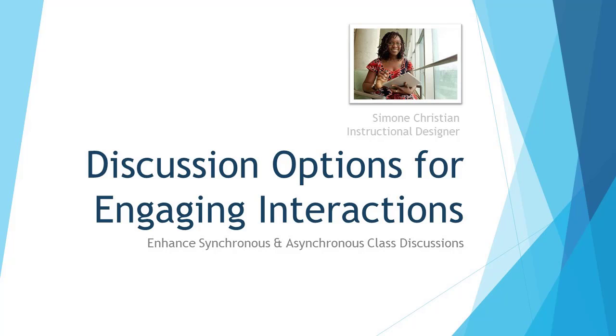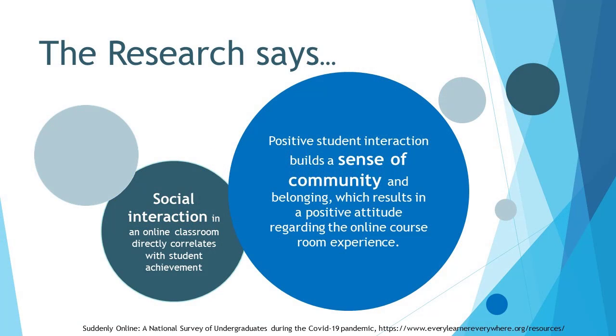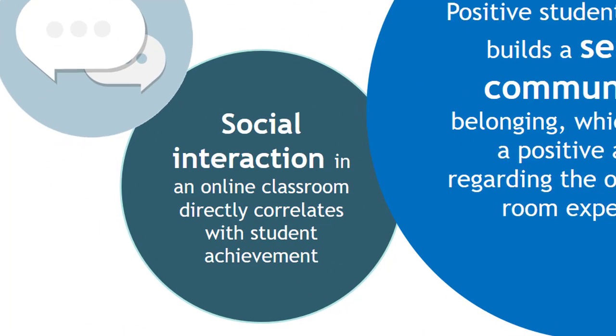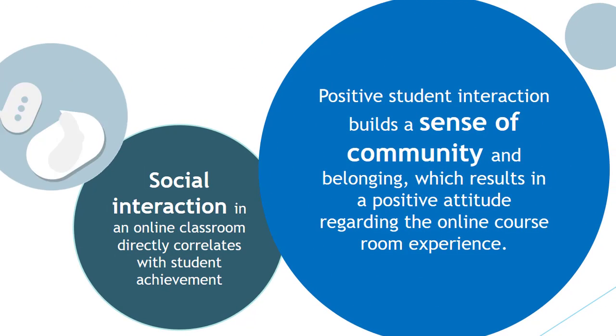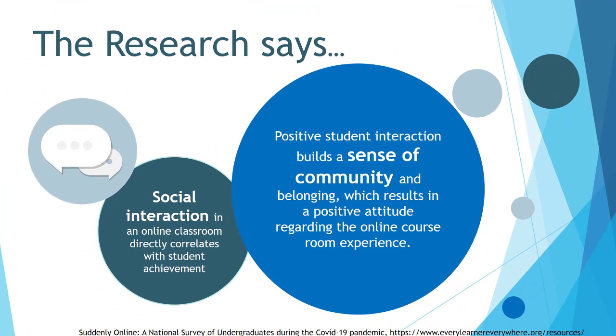So before we begin, I want to turn your attention to the Suddenly Online Survey, a national survey of undergraduate students during the COVID-19 pandemic. This past semester, 1,600 plus undergrads were surveyed. The top findings in this research study were that social interaction in the online classroom directly correlates to student achievement. And when students have a sense of community and belonging, it results in a positive attitude regarding the online class